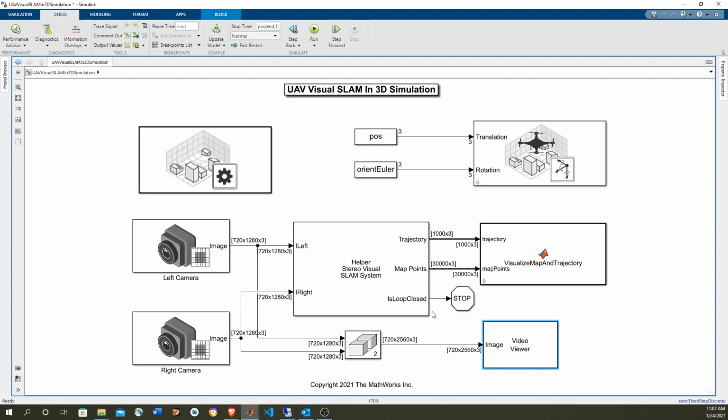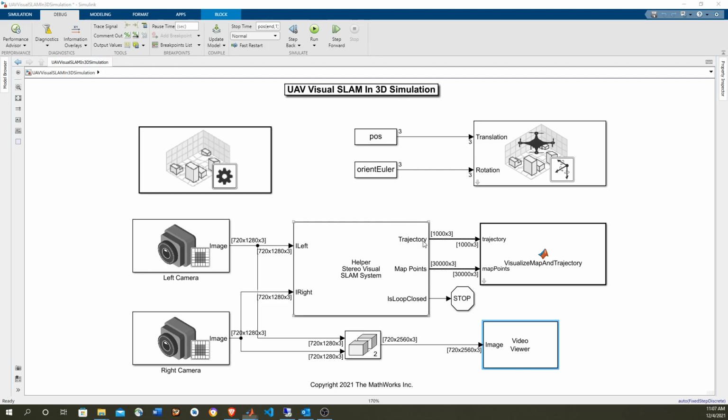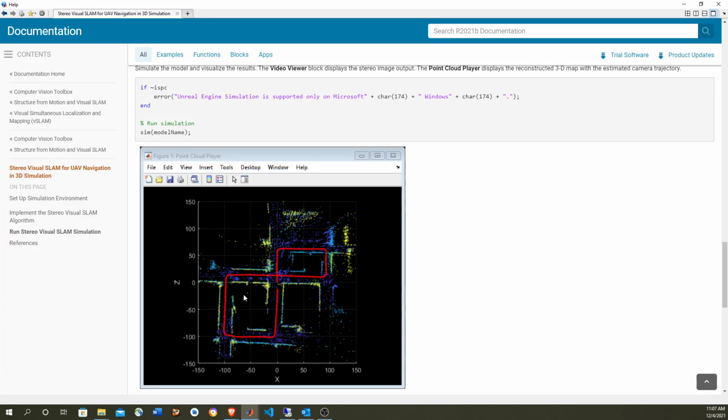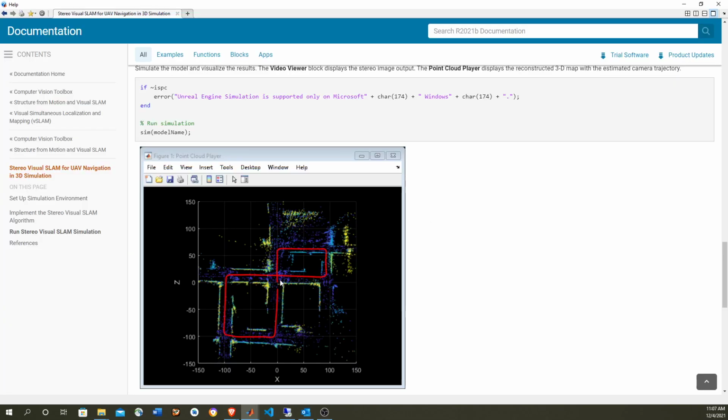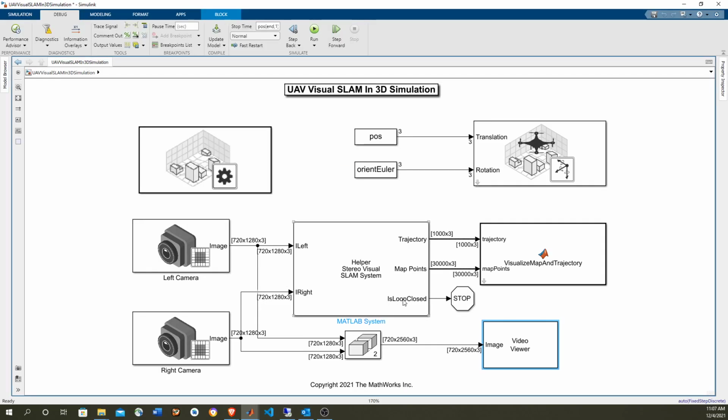And as mentioned before, the output is the trajectory of the drone, which is the red line, and also the point cloud, but also an indicator if we have seen an image that already was seen before. So all of the trajectory we see new images, except when we get here, a point that we already have seen, and at that point this flag is going to be true and it's going to stop the simulation. So let's get into the heart of this SLAM algorithm, which is this